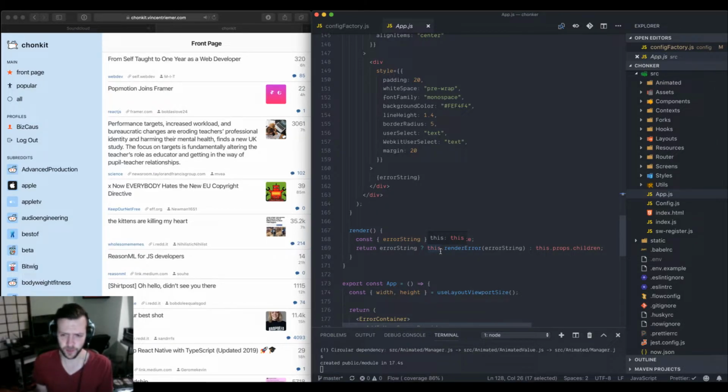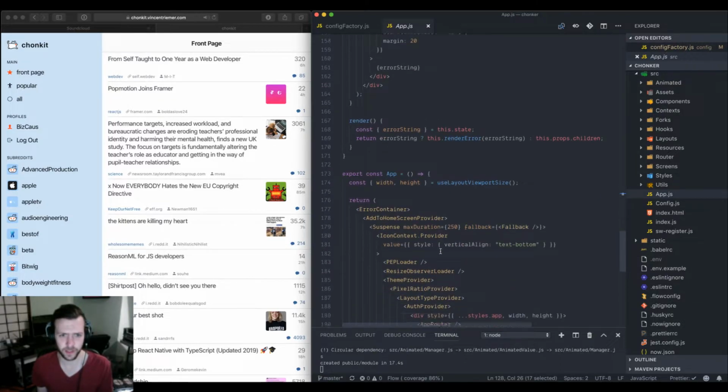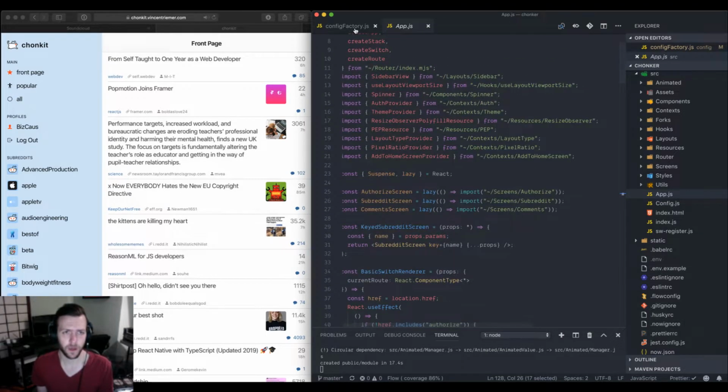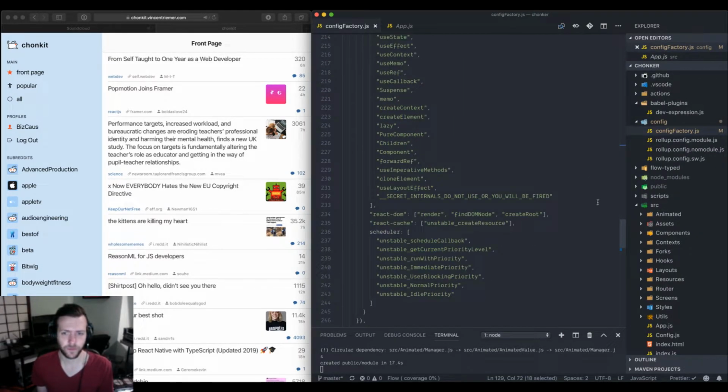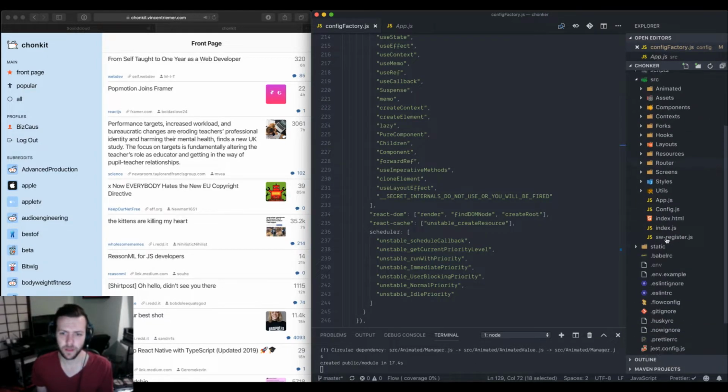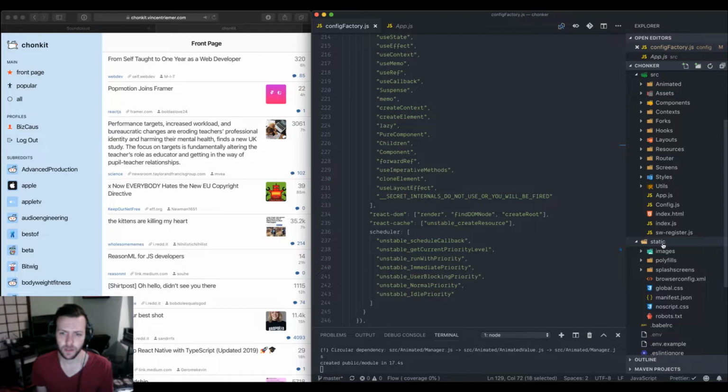So if it's subsequent modules, you'll see that error message appear because it will fail to load. And so that, I think, is a decent